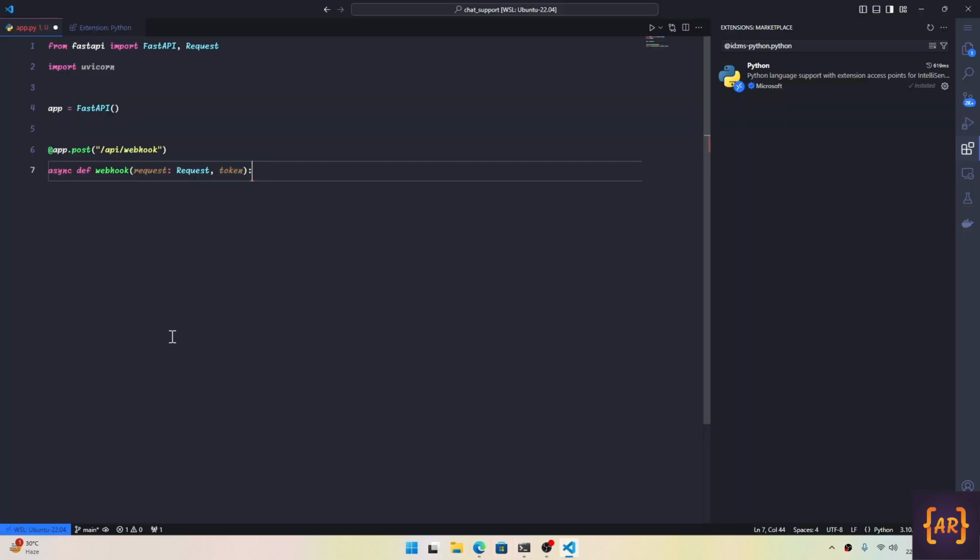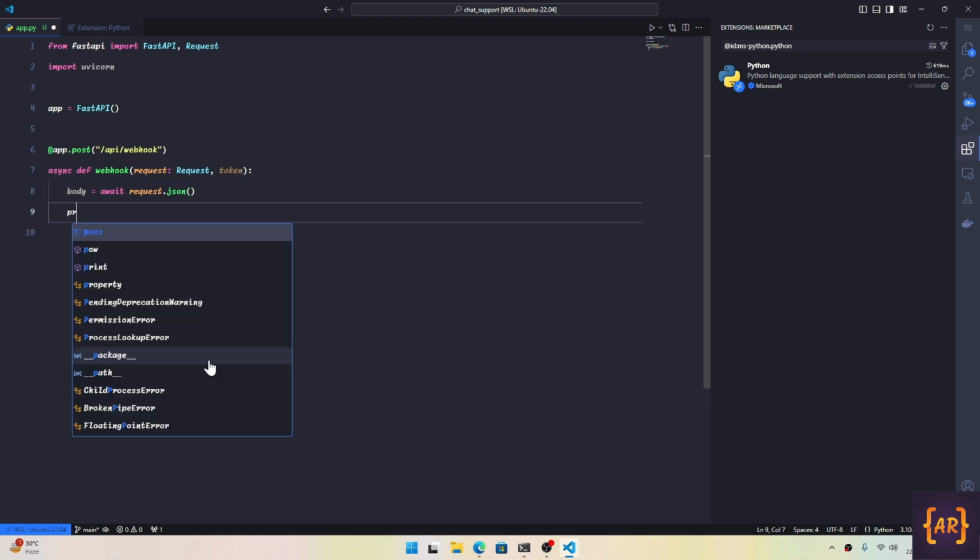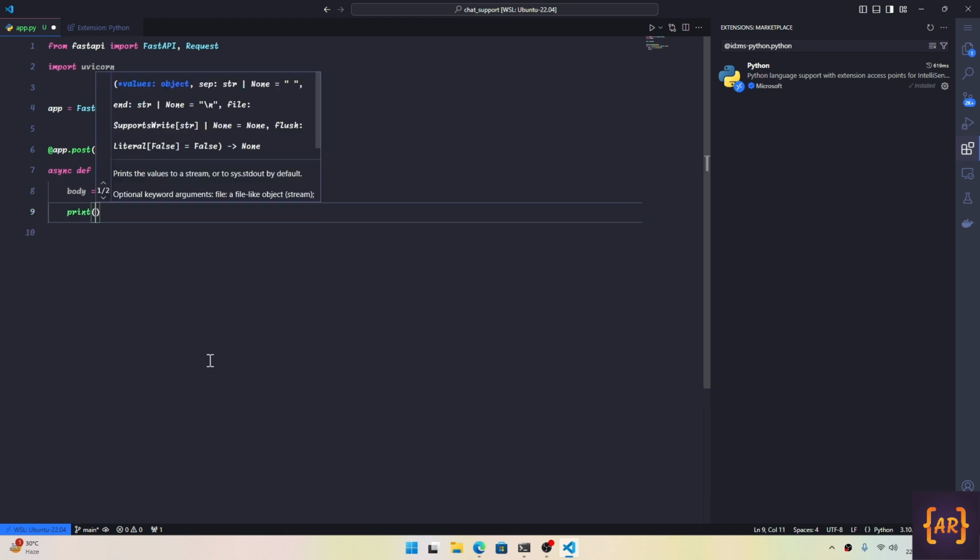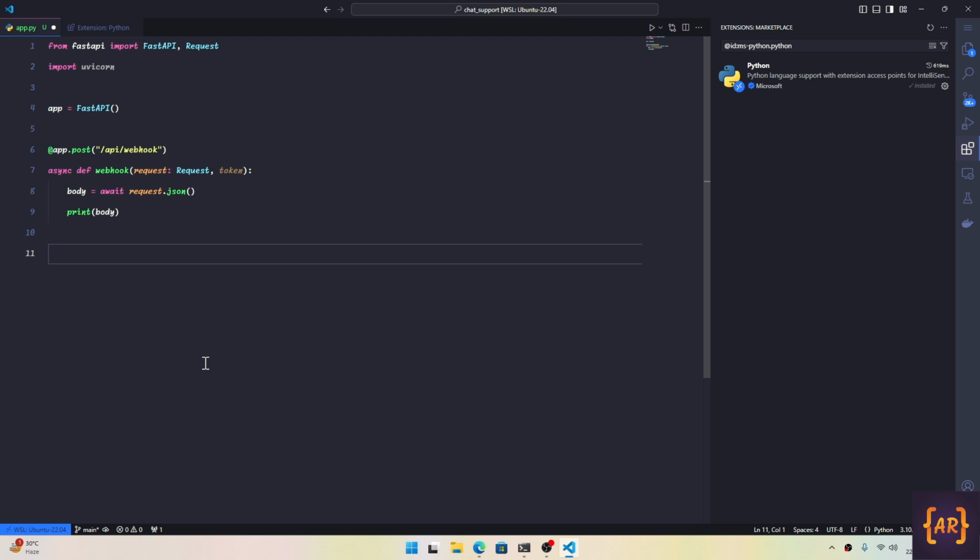So let's proceed. We will need to get the body content from the post request. So I'll do body equals request.json. So with this, we should get the entire request body. Why don't we do a print and just be sure that this is something that we get. However, right now we won't be able to execute this code because the APIs are still not running. So we would do,